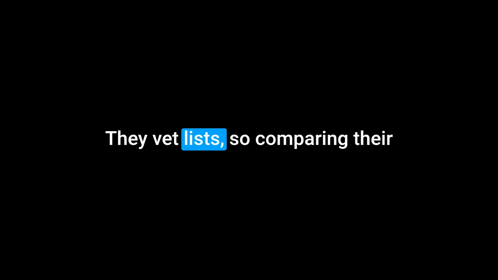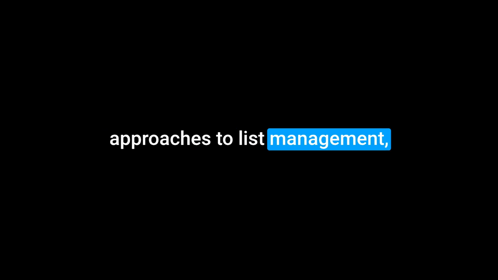That's smart. Proactive cleaning. It also integrates with their sister service, MailerCheck, for more robust email verification if you need it. And they maintain a very strong, explicit stance against purchase lists, which is absolutely crucial for maintaining high deliverability and ethical marketing practices. They vet lists. So, comparing their approaches to list management. While both platforms clearly prioritize list quality, MailerLite's explicit focus on automatic inactive subscriber removal and its firm public stance against purchase lists highlight a perhaps more proactive approach to maintaining high deliverability by ensuring a clean and engaged list from the start and over time.